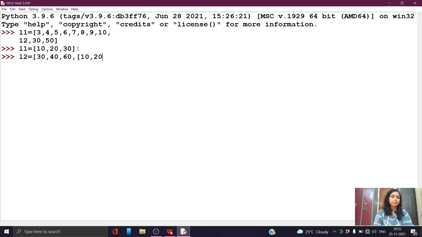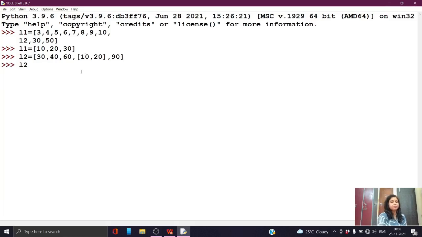Suppose here 10 20. Okay, so 10 20 I have stored inside the square bracket again, so that is one list itself. Then 90. So this L2 is what type of list variable? This is the example of a nested list, because here an individual element is stored, and another list is also stored in that L2 variable. If you declare one list inside a list, then that is the example of a nested list. Hope all of you understood what a nested list is and how you declare a nested list.